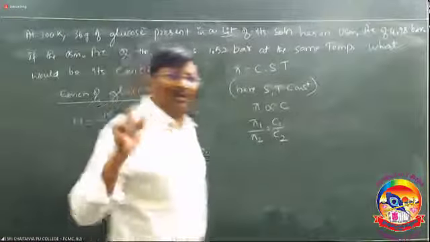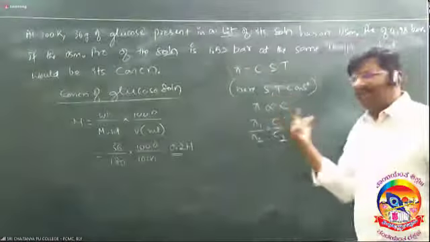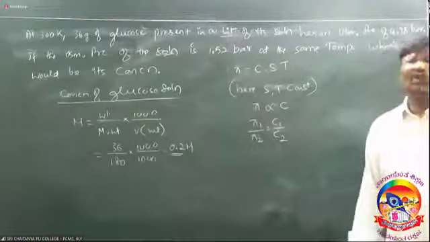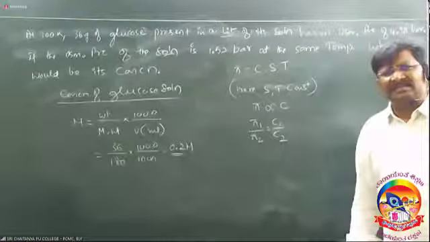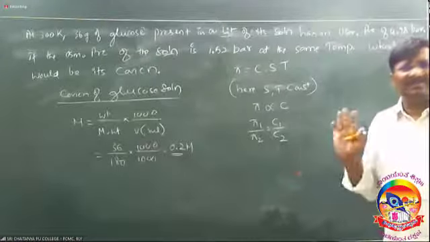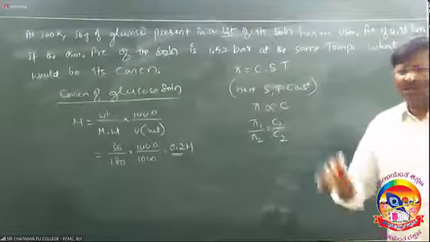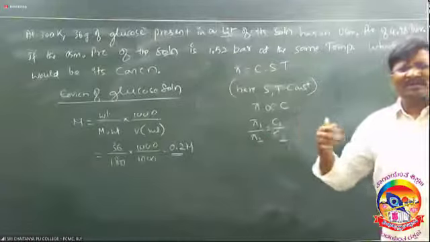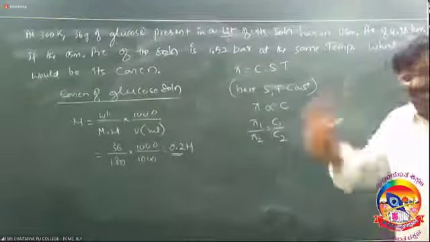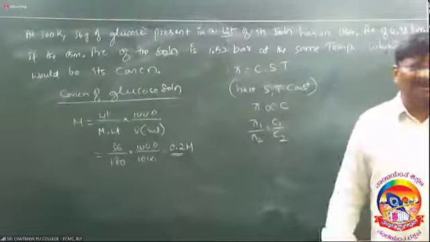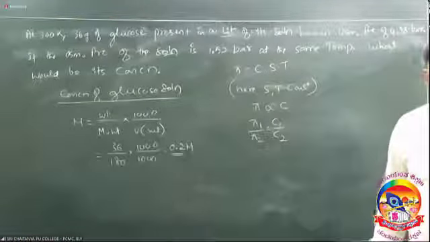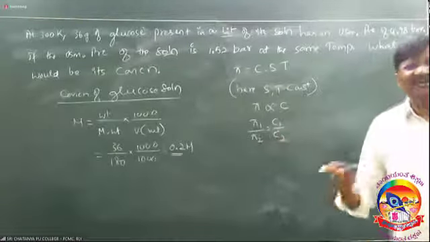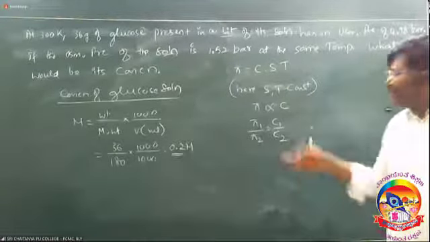Always, while doing problems, this type of comparison will be coming, especially in the states of matter lesson. States of matter lesson is purely comparison: at these conditions, this much; the conditions are changed, how much? Just by PV is equal to nRT, we will be solving all the problems. Here also the same thing. The unnecessary things, in the sense that they are constant now, you just remove them.